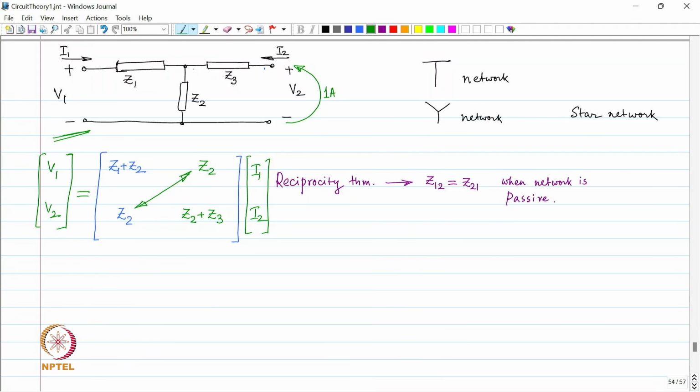So, first of all, what is the determinant? Z1 Z2 plus Z2 Z3 plus Z3 Z1, because Z2 squared cancels out. Okay. So, the inverse of this,